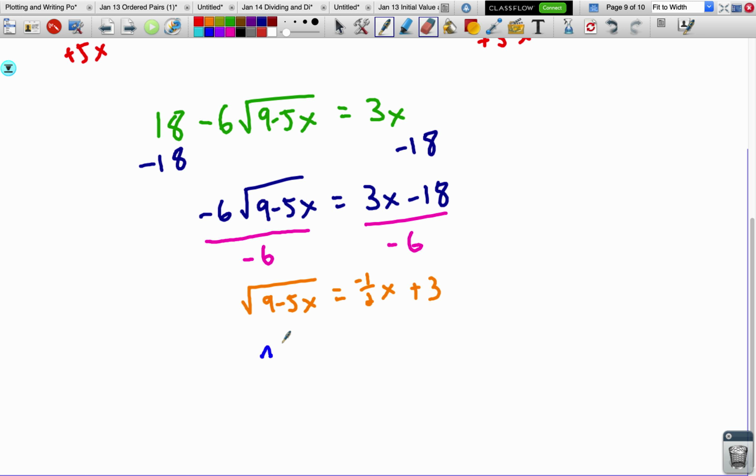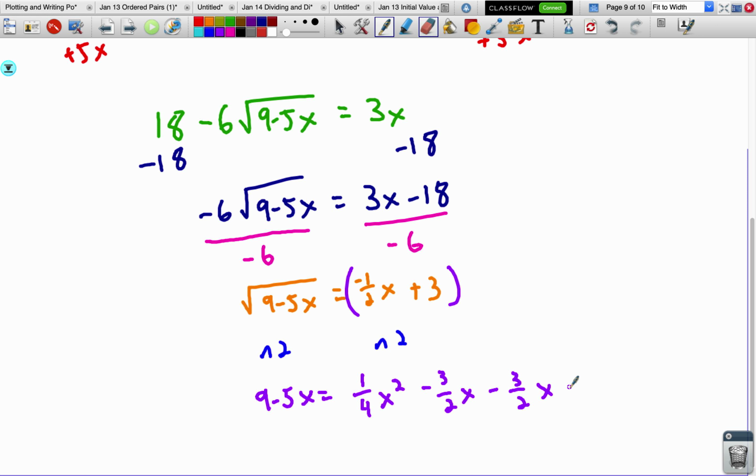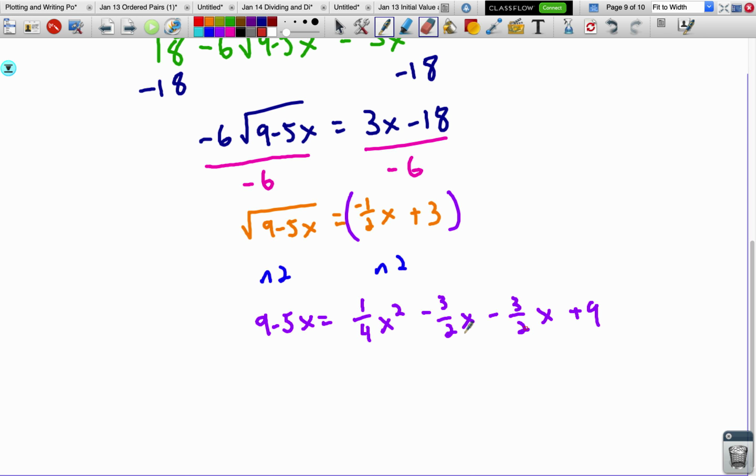Going to square both sides, and I get 9 minus 5x equals, so imagine a set of parentheses here, got to FOIL this out, I would get a positive 1/4 x squared minus 3/2 x minus 3/2 x plus 9. And now got to solve this quadratic. Make my life easier by just multiplying everything by 4. So I don't have any fractions left. And I get